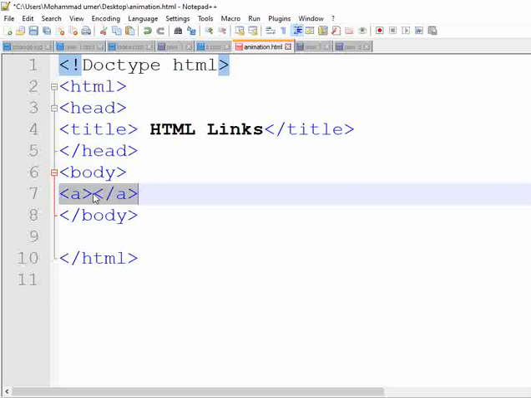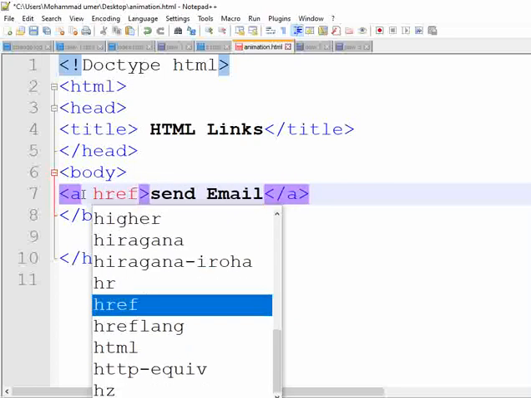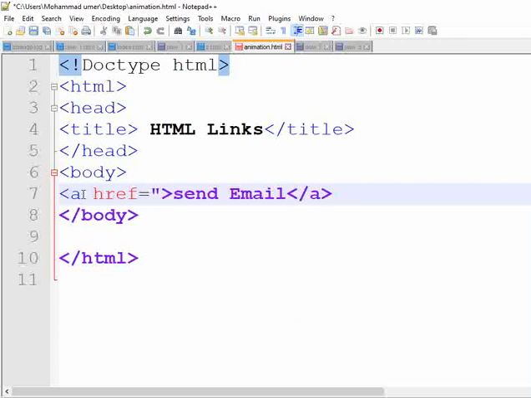What we have to write here is the link text, the text that will be visible to the reader. Since we are going to create the email link, I am writing here: send email. Another thing that we have to use here is the href attribute. Here we have to use a word, that is the mailto word. After mailto we have to give the email address of the user to whom we have to send the email.